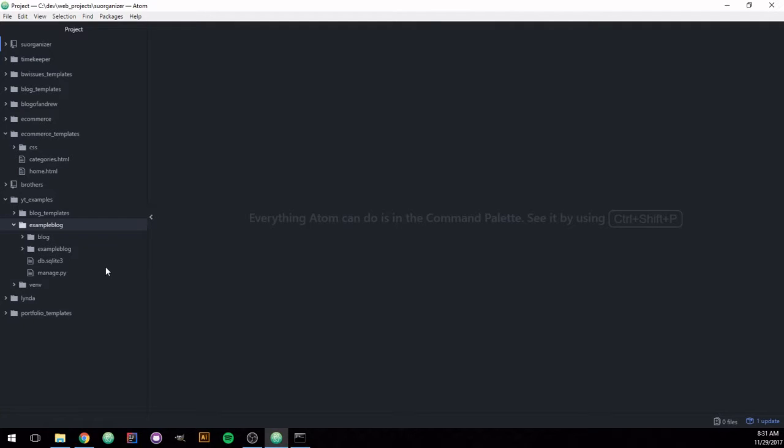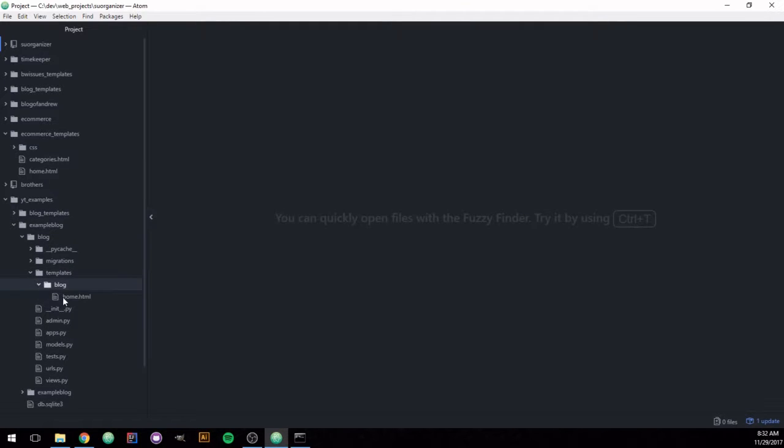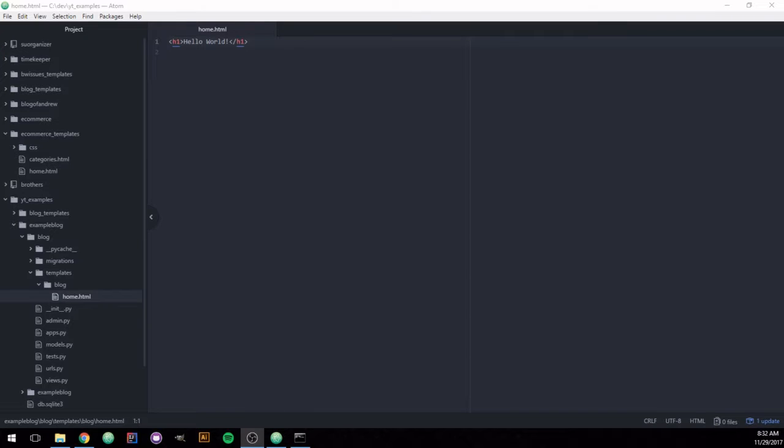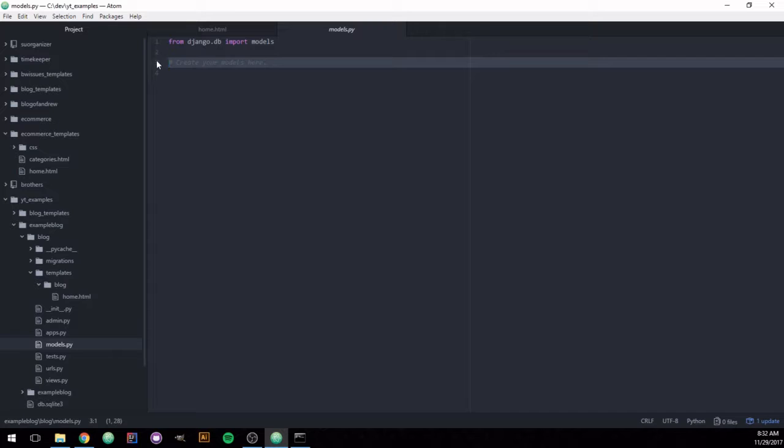So I'm back in my text editor, Atom, and under example blog, we have our blog, we have our templates, blog. So before we get too crazy with the views and the templates and stuff like that, what we should do is define our models. So going to models.py within the example blog, within the blog app folder,